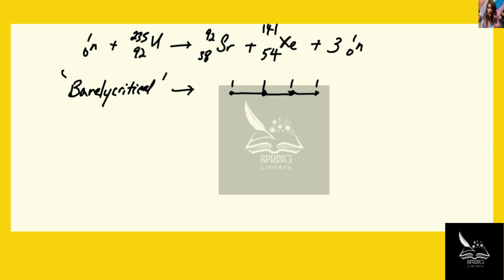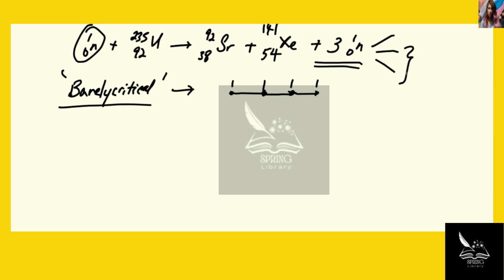But we know that in this case we have 3 neutrons that are being produced that could result in 3 fission reactions, right? Because each fission reaction only takes up 1 neutron. So what this means is that 2 of the other neutrons must be absorbed away or taken away so that it doesn't produce fission reaction, right? So this is usually absorbed by a control rod